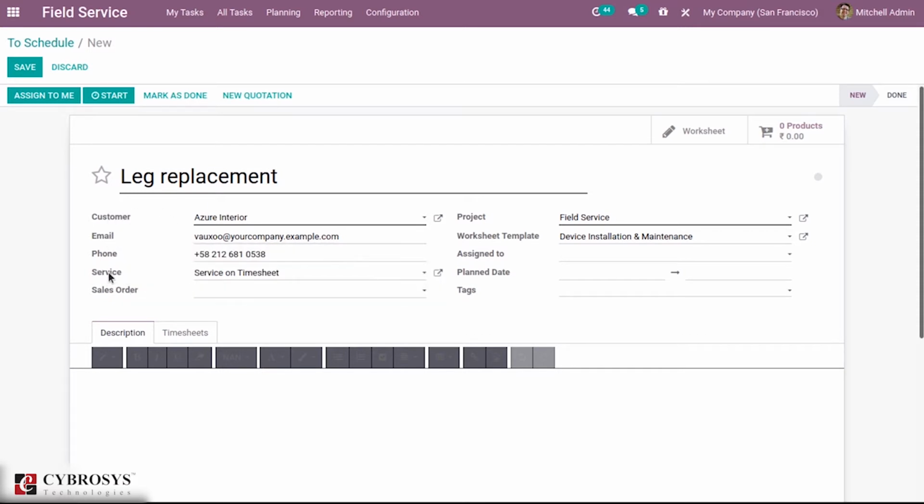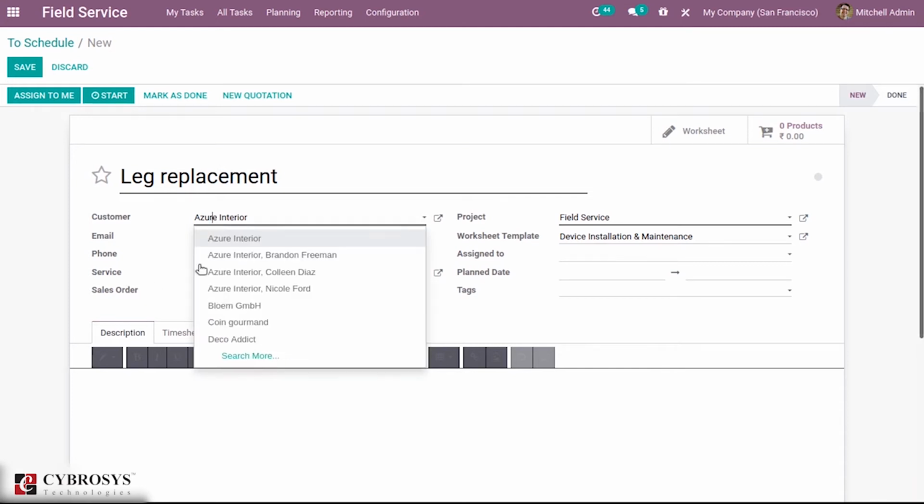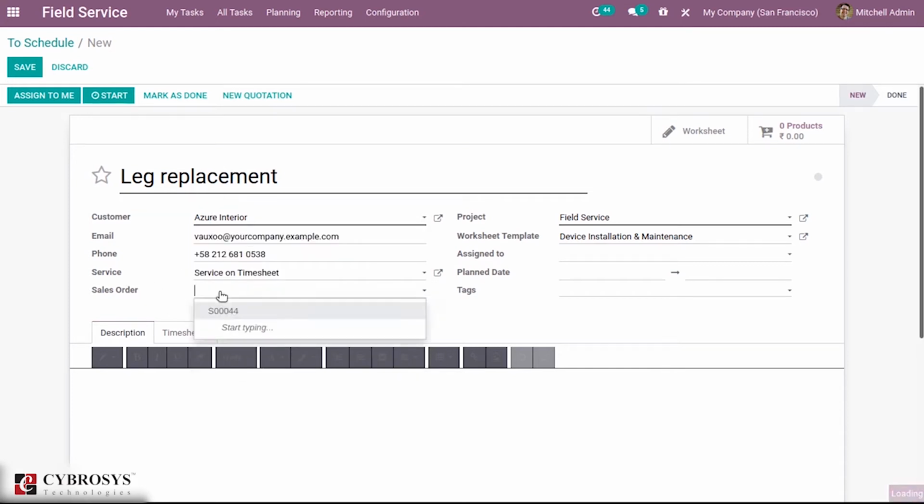Then you can find two fields, service and sale order. You can add a service product here, with which you would like to bill your time spent on this task, like replacement. Then you can add a sale order, that is, you can link a sale order with this task. According to the customer, some suggestions will be shown here.